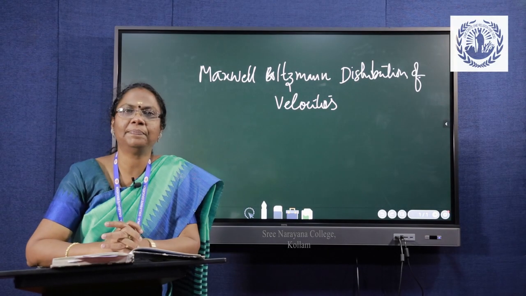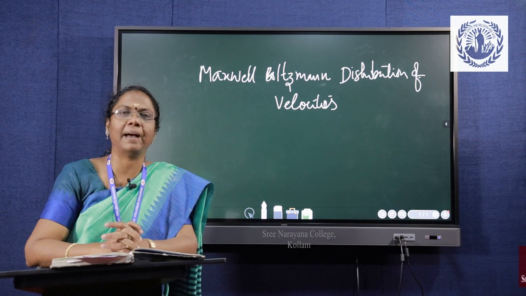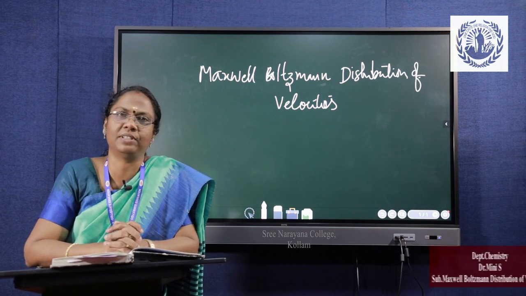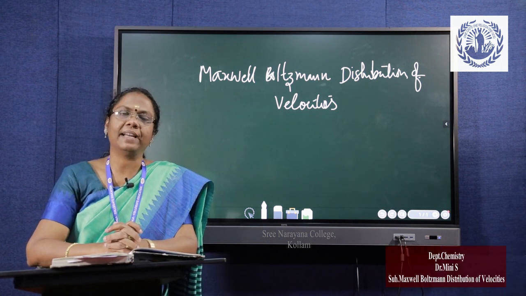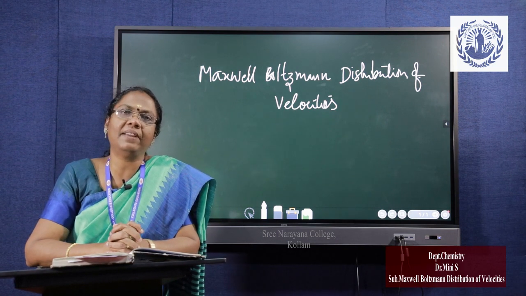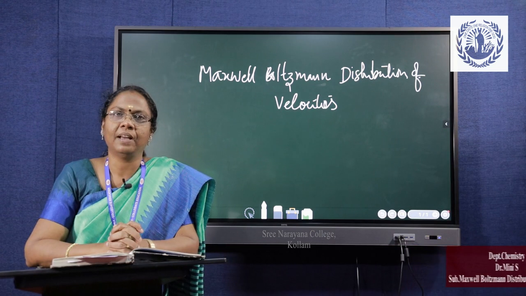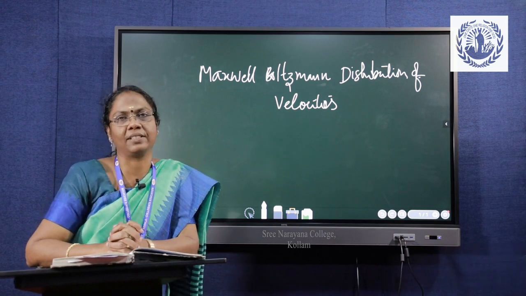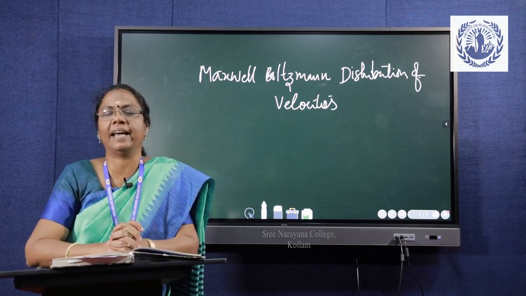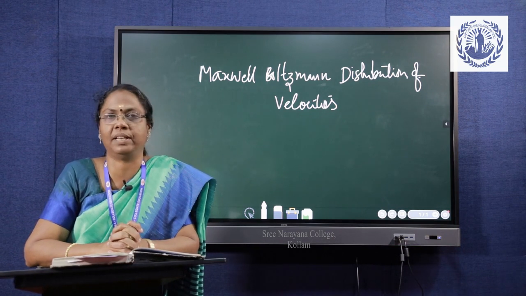Good morning to all. Today I am going to take a topic on Maxwell-Boltzmann distribution of velocities. We know that the kinetic gas equation is PV equal to 1 by 3 nmu square. It is derived from the assumption that all the molecules in the gas are having the same velocity, but it